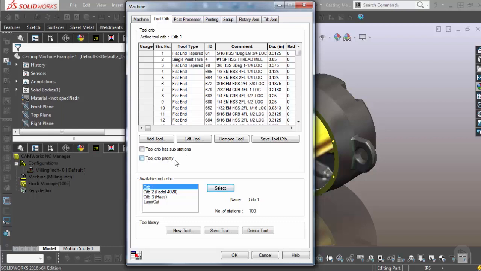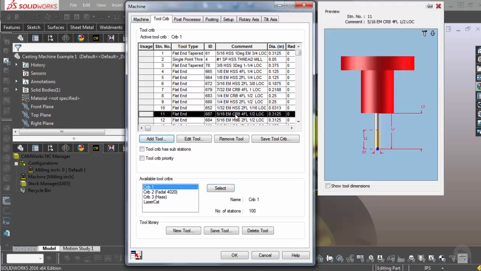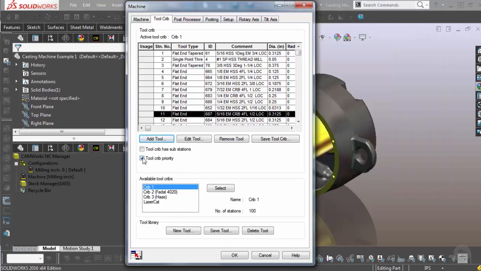And what that will do is tell CamWorks that, hey, if I find a 5/16 end mill in here, I'm going to try to use it over pulling one from the technology database. This makes it a little bit easier if you have all these stations already loaded in your machine, or you use a constant rotation of tools where station number 4 is always a 1/8 inch end mill. It makes it really nice to select that kind of stuff right here